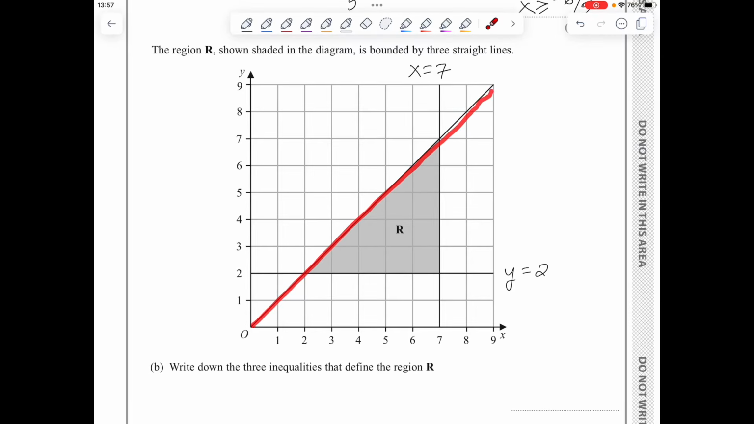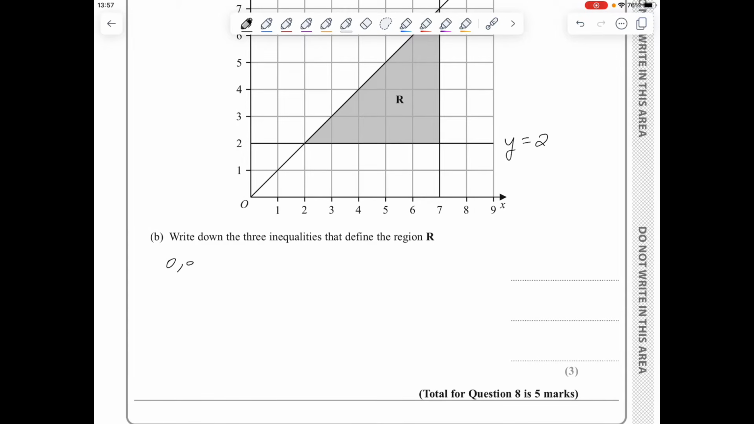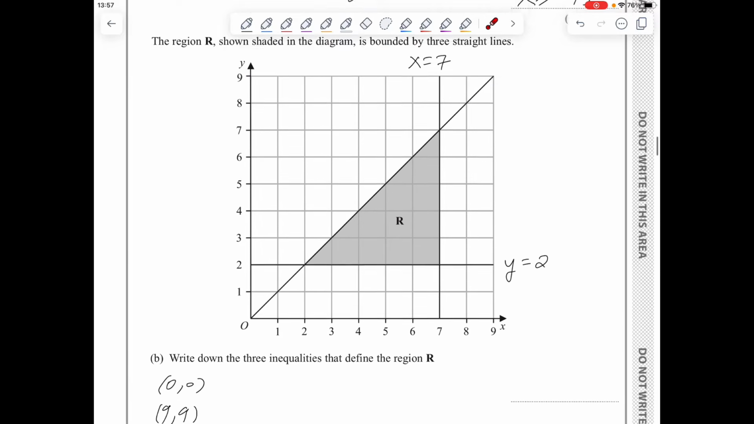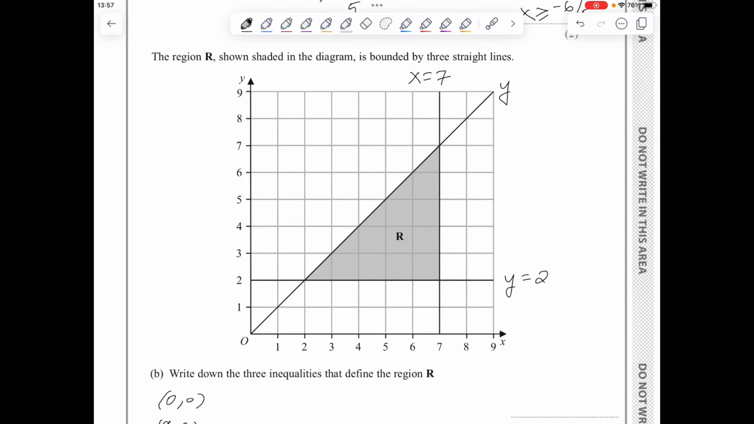Now, you can easily see that for every 1 unit to the right, I go 1 up, so the gradient is 1. But if you can't see that, just take 2 points on this line. Let's take, for example, (0, 0) and (9, 9), and use the equation for the gradient, which is y2 minus y1 over x2 minus x1. The gradient comes out to be 1. You can see from the graph that the y-intercept is equal to 0. So the equation of this straight line is y is equal to 1x plus 0,